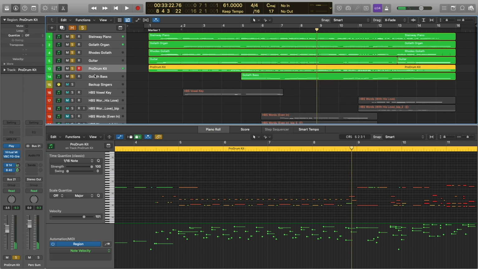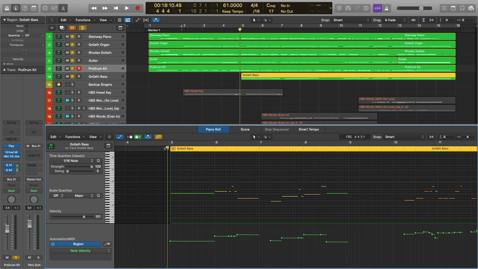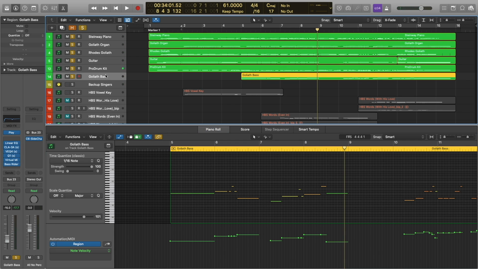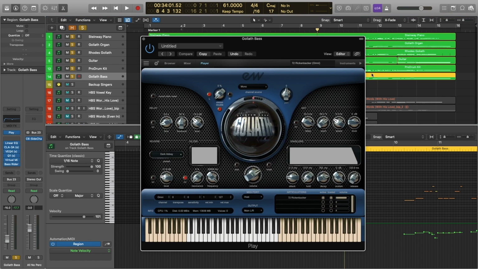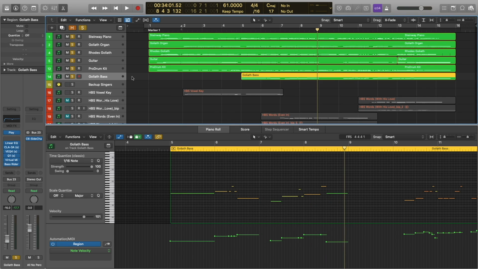All right, now let's add our bass. It's just such a satisfying bass sound, and I'm just using the Goliath, the 72 Rickenbacker.